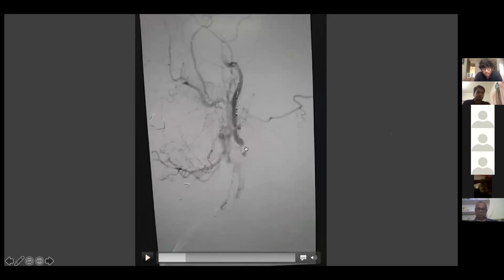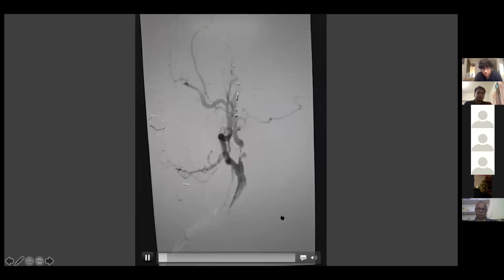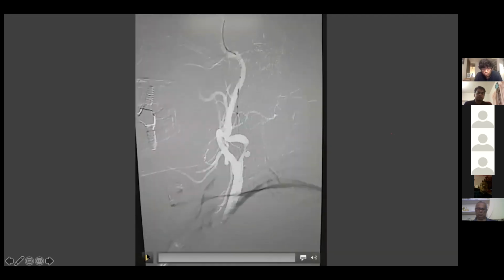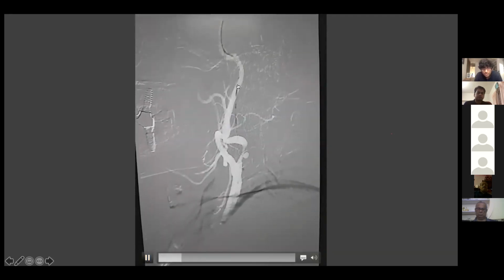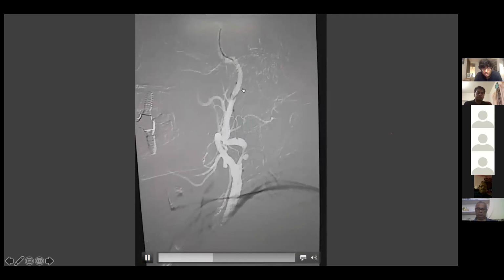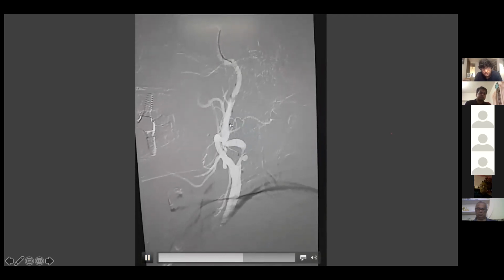And this is, the lesion has been crossed. And this is the filtration element which has been conveyed, and it hasn't been opened yet. And now I'll show you how the filtration element opens. Kindly pay attention here. There, you can see this. This is the filter opening.